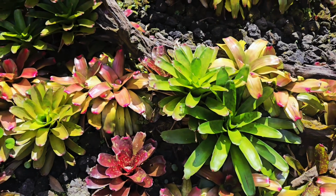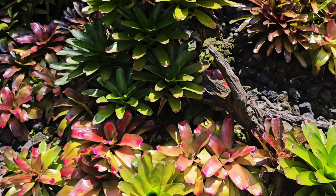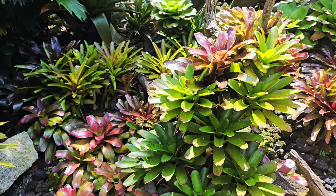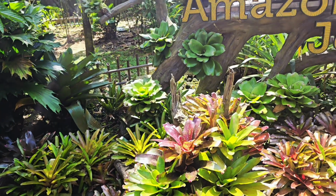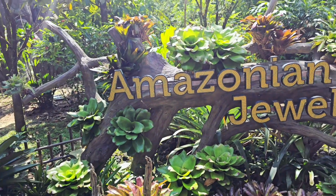Native to the tropics, they thrive in humidity and light, capturing water in their central cups, a brilliant natural design that supports tiny ecosystems. Some bloom only once in their lifetime, but when they do, it's unforgettable. From fiery reds and electric pinks to cool greens and silvery stripes, this collection showcases the sheer diversity of the